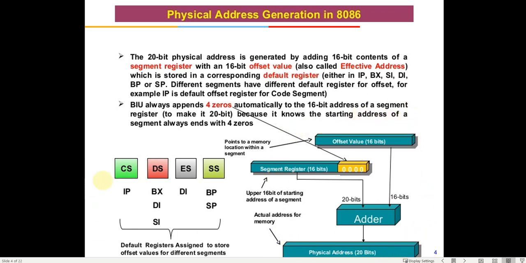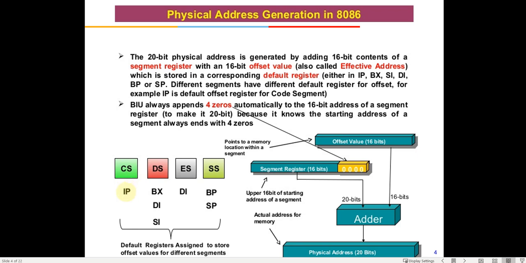So you have a code segment and you have an IP. We cannot directly access this IP, because initially we give the address of the IP, and then when the program runs, IP automatically keeps increasing. As we have seen in our theory class, each instruction will have 2 bytes, 3 bytes, 4 bytes, up to 6 bytes. Accordingly, the IP will keep jumping.